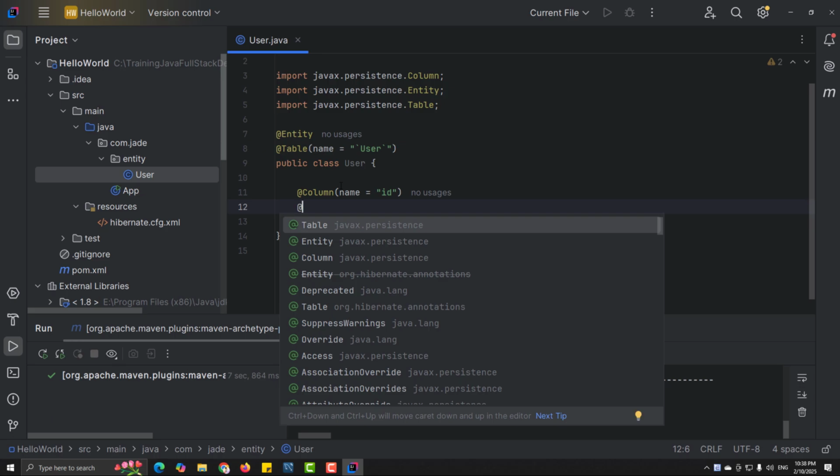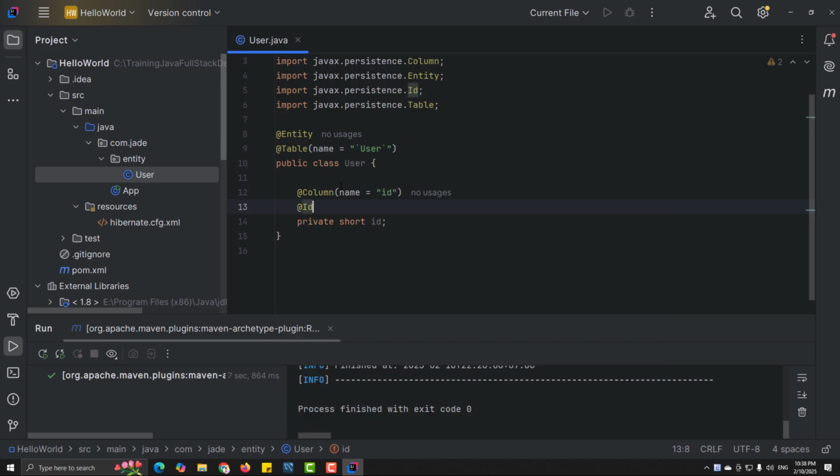And because the ID is also a primary key, we need to put the ID annotation. Please don't worry about all the things we have in this project, because we will learn step by step in some next videos about all of these annotations and the configuration. So please don't worry, just follow me to create a project and run it, and let's enjoy it. Okay,